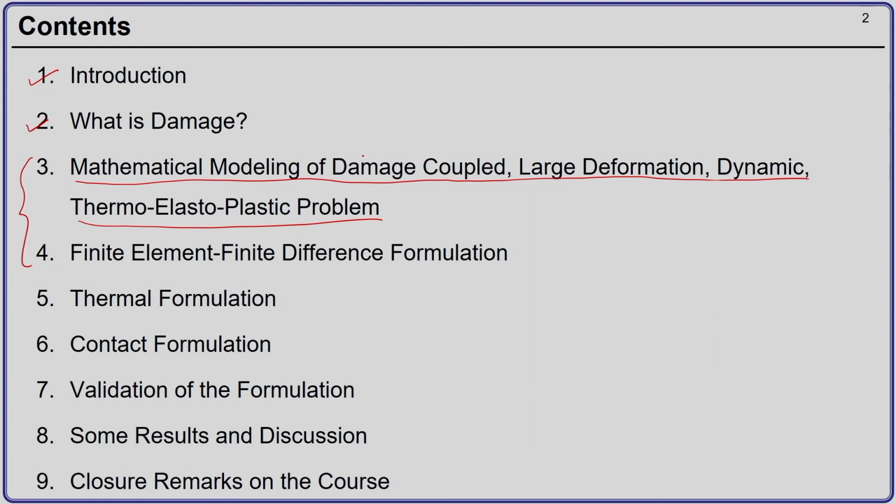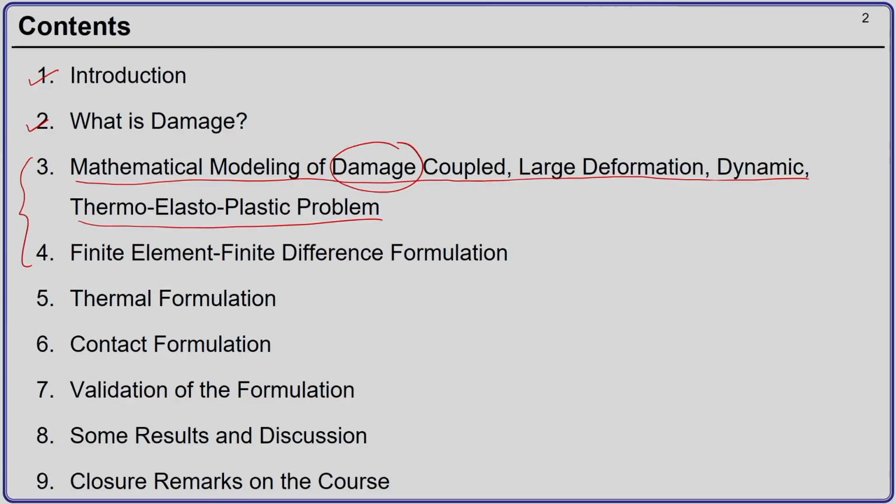Here it will be a mathematical model where we will have the effect of damage, the degradation of the material performance because of the voids and the cracks that form inside the body. The body will be allowed to undergo large deformation, which means the strains will be very high, which is generally found when the body undergoes severe loading, where the loading takes it beyond the yield limit. And in this course, we will deal with ductile material only.